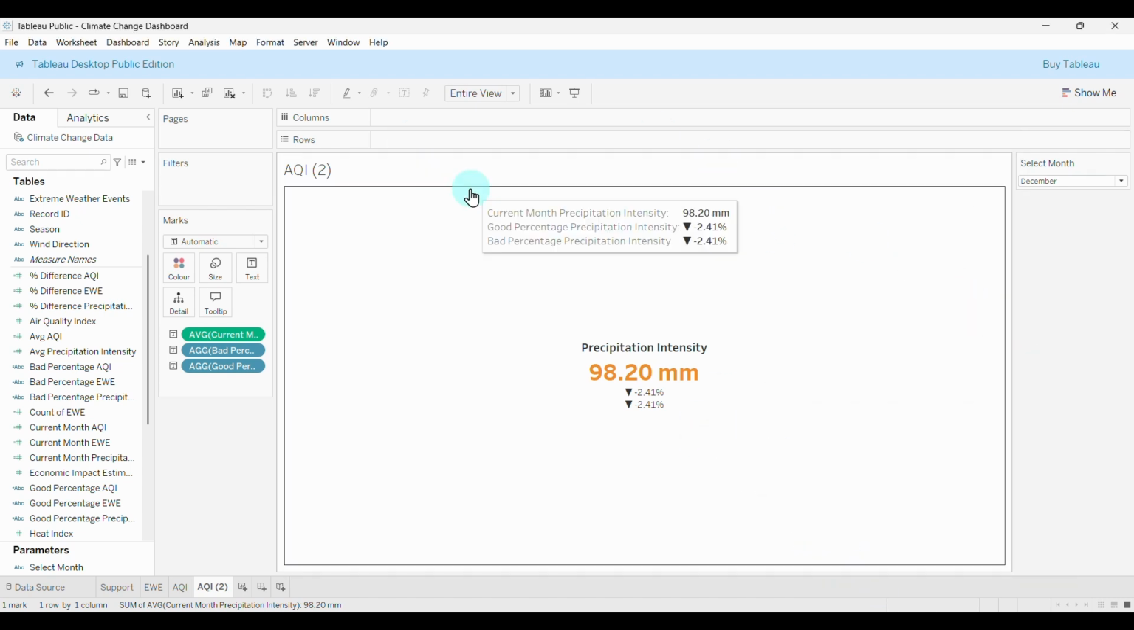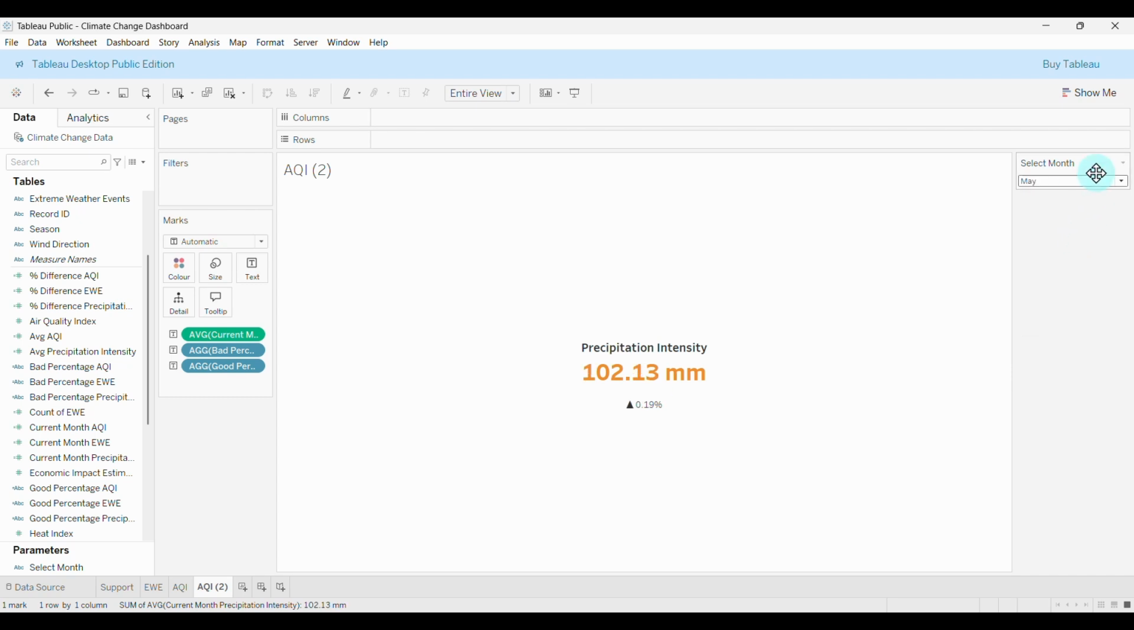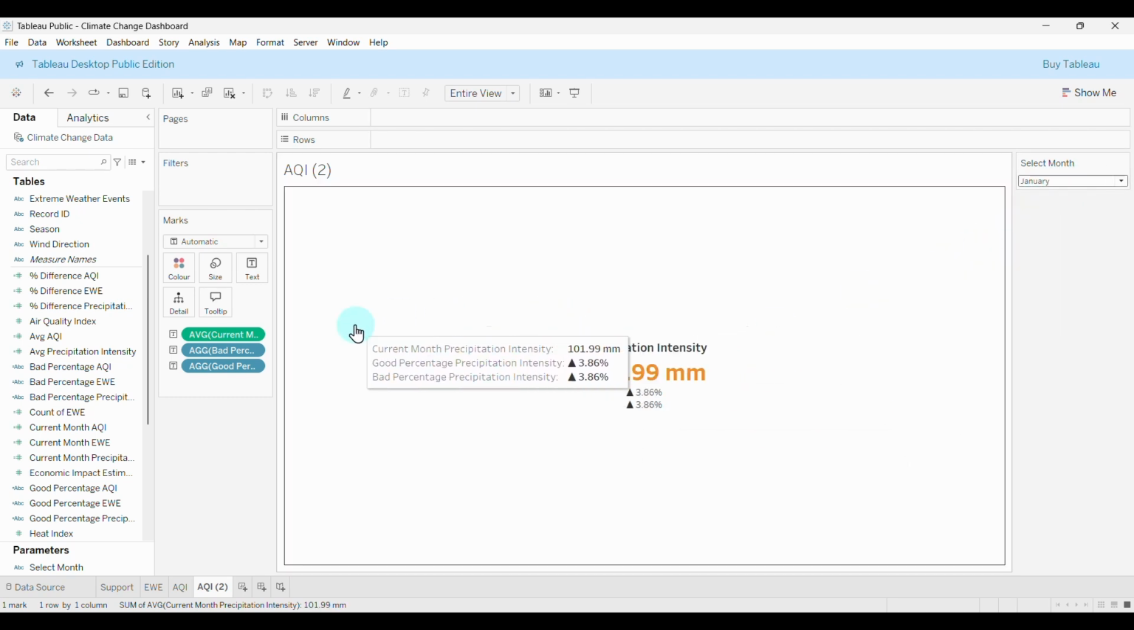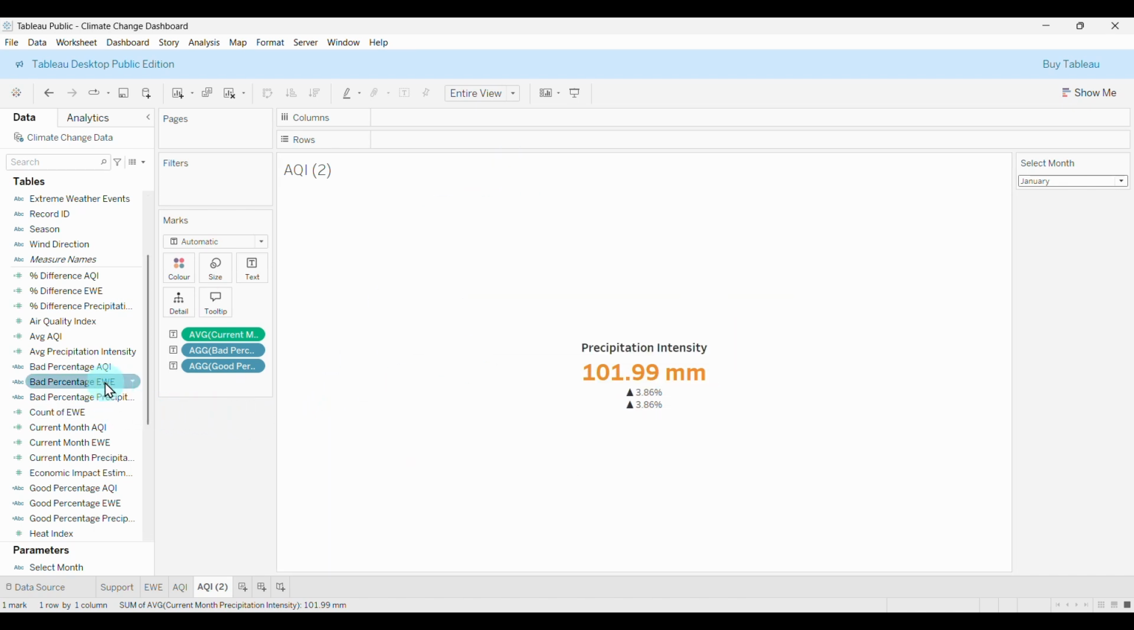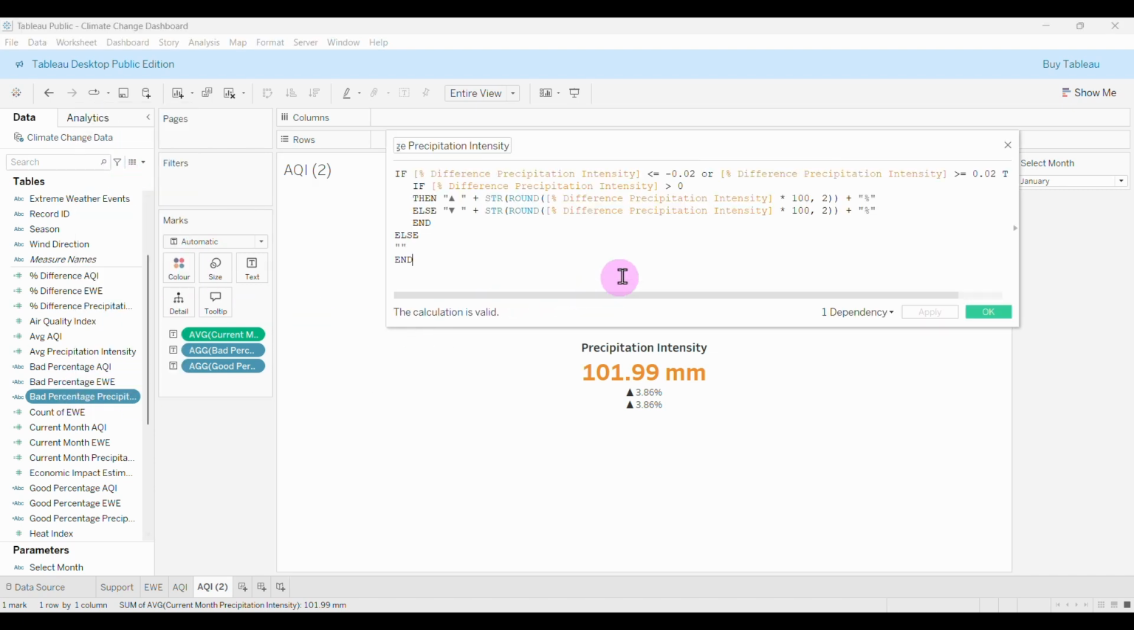So what can we do? You see, when it is actually negative, maybe let me check the bad percentage, sorry. Let me check the bad percentage. So probably there's a problem with the calculation because it is bringing the two values. So I think what we can rather do is